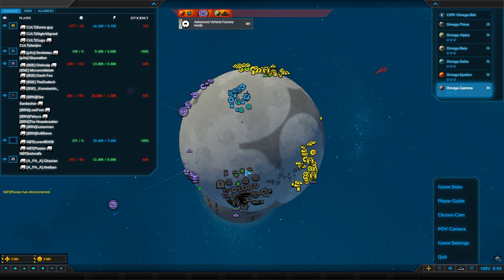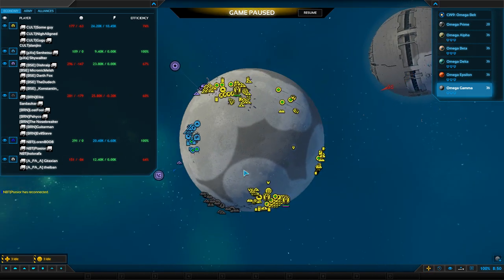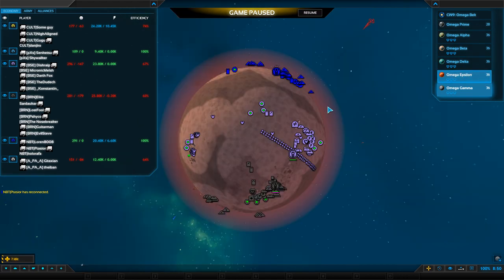I don't know how to pose, man. I have to learn that for next time. Why are these guys disconnecting so much? I don't know. Game menu, social bar, POV camera. Where would the pose be? Would it be just... No, I don't want to press anything. Anyway, I think the other guys are handling it well, so...